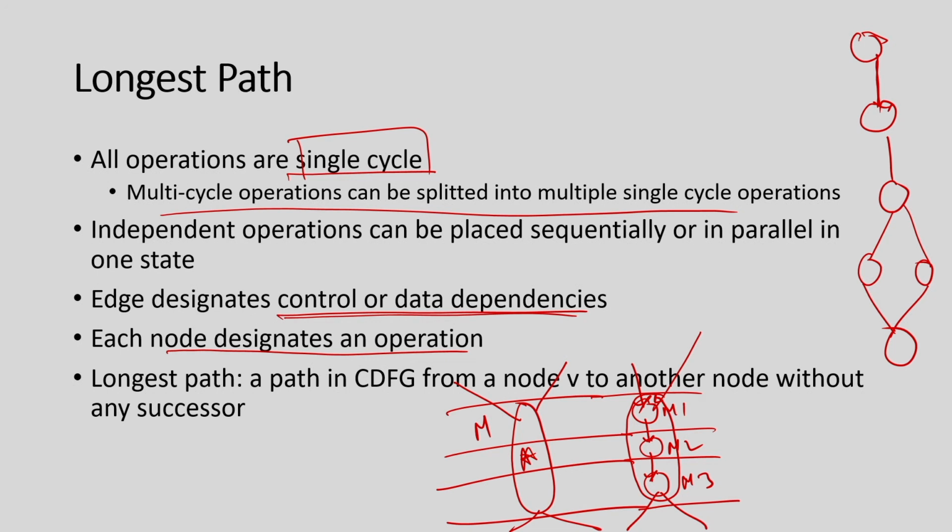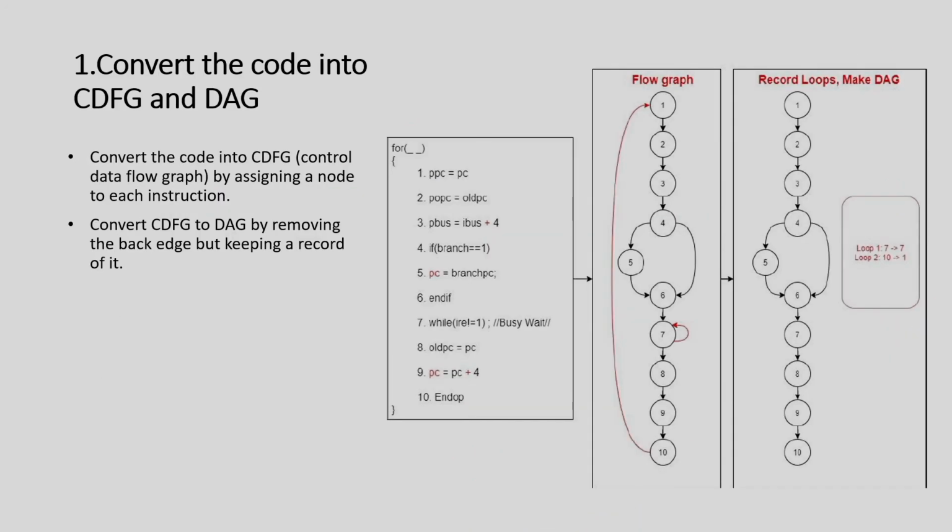Okay. So, just to explain this, suppose I have this behavior where there is a for loop here, the outer loop, and these are the operations. And there is an if-else, you can see here, and there is a while loop here. So, how do we represent this as a CDFG? I am going to put each operation as a node. There are 10 operations. So, this is operation 1, this is operation 2, 3, 4, 5, 6, 7, 8. For each line there is a node here.